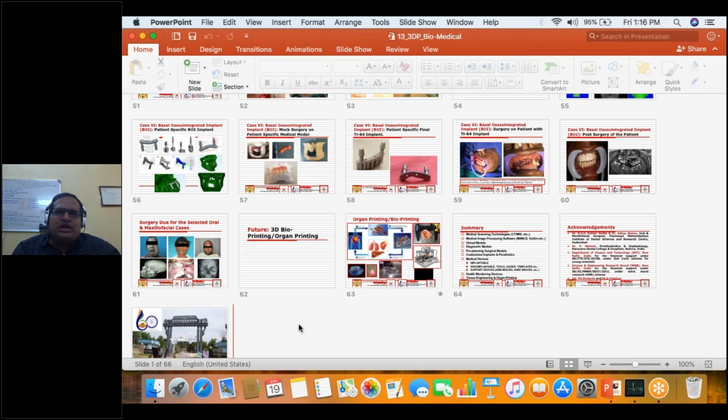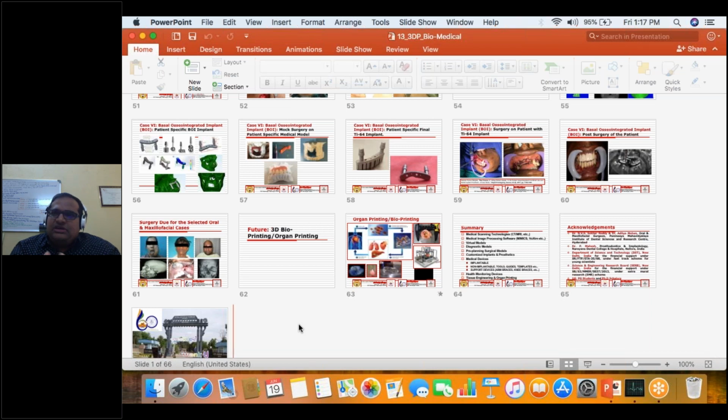And if it is a model, you have mixed two questions. If it is a model only for planning or rehearsing the surgery, that depends on your region of interest, your organ of interest. As you might have observed from my presentation, you have this inferior alveolar canal. For that application, better go with SLA. It is more transparent in nature, so use that for the model.